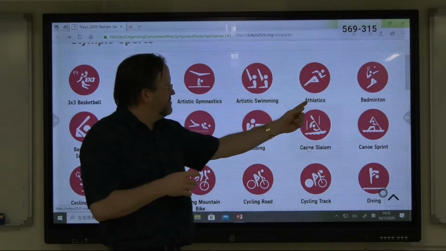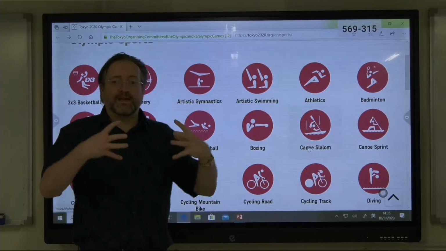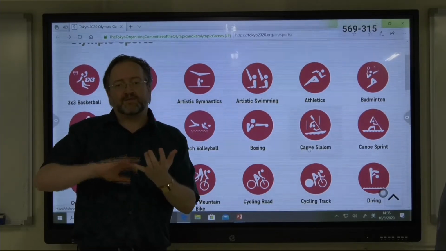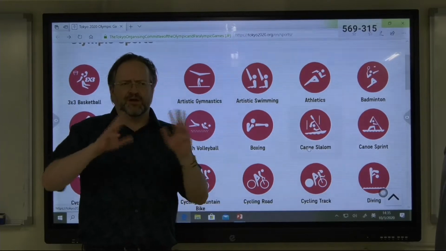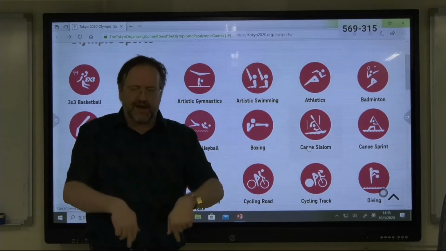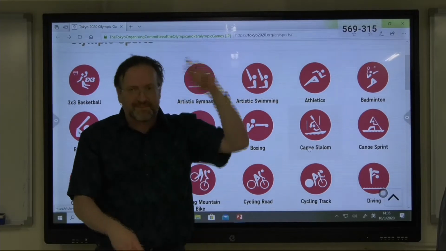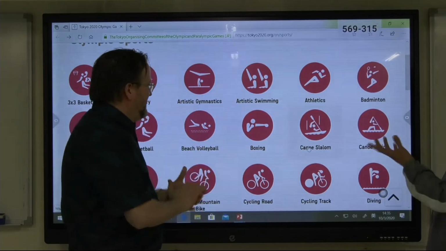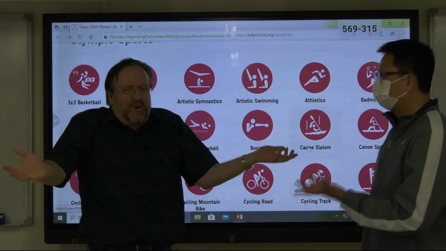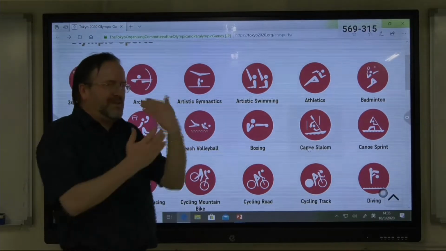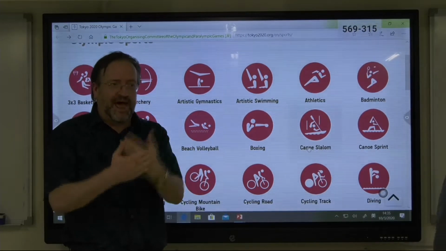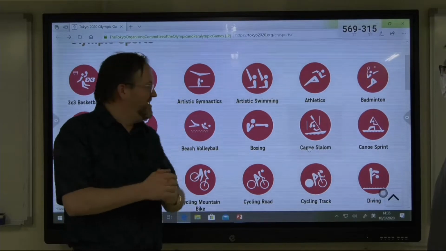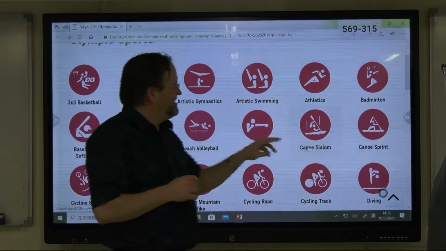Athletics, we don't need to go. Artistic swimming is the same. They have to be together. You might have 5 swimmers, and then they have to put on a show with their legs. They'll be underwater, face down, with their legs up in the air, and they do a show. They're just like dancing in the water, basically. But they have to be in time, and they get marks for both the athletic and the artistic. So I love those sports to watch.